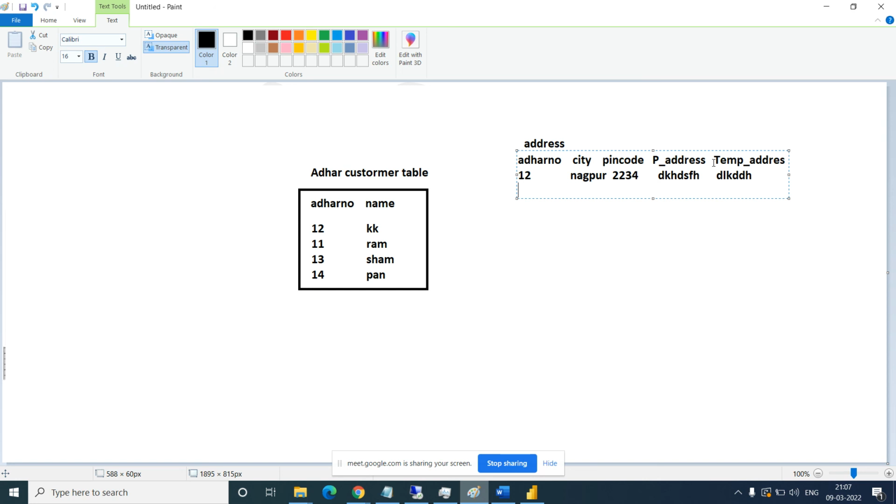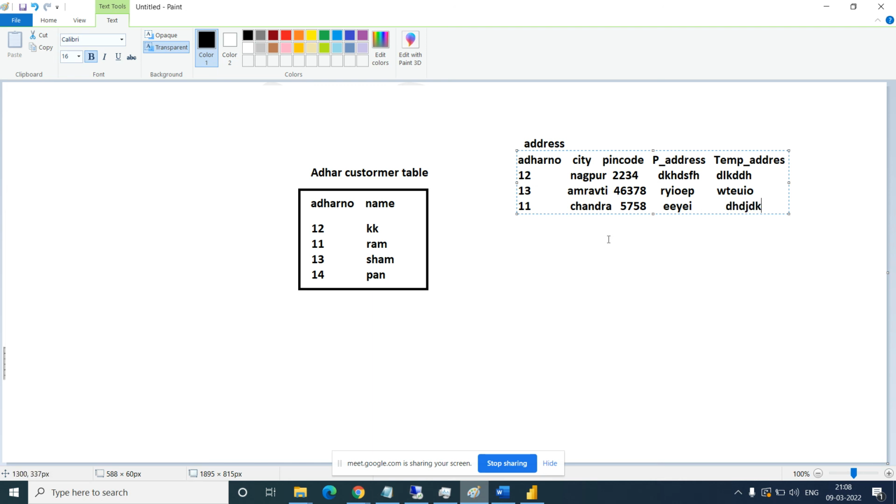Then 13, it's Amravati. Then 11, addresses.